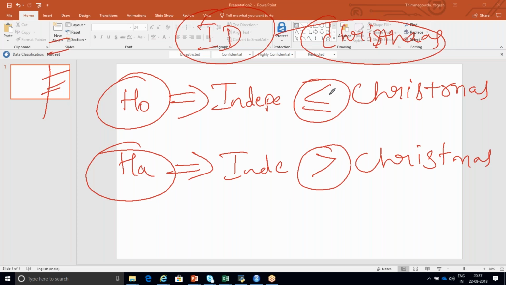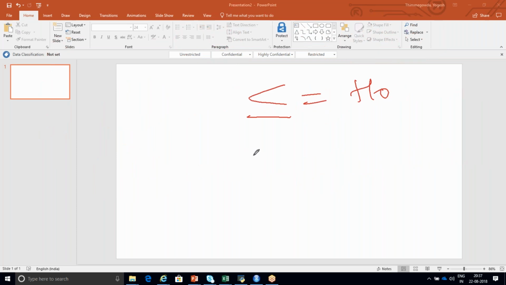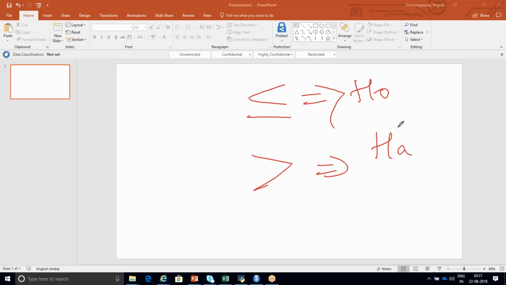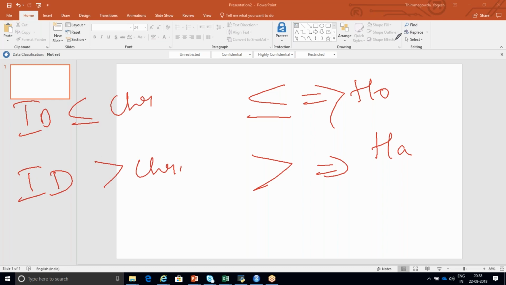You can change it accordingly, but if you keep changing it, one day you'll get confused and make mistakes in real-time projects. So always make sure that less than or equal to is for the null hypothesis and greater than is for your alternate hypothesis. Now I wrote it as Independence Day sales is less than or equal to Christmas sales, or Independence Day sales is greater than Christmas sales.